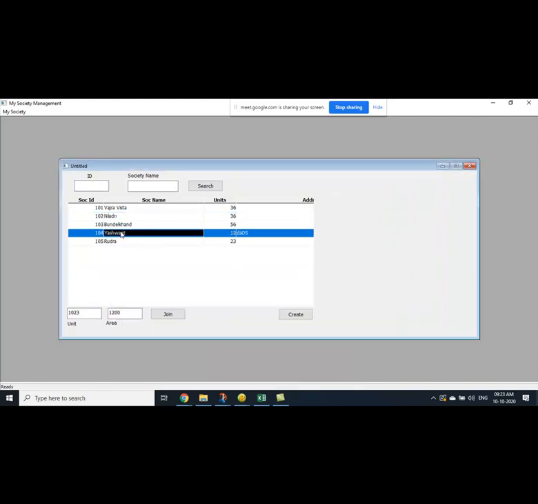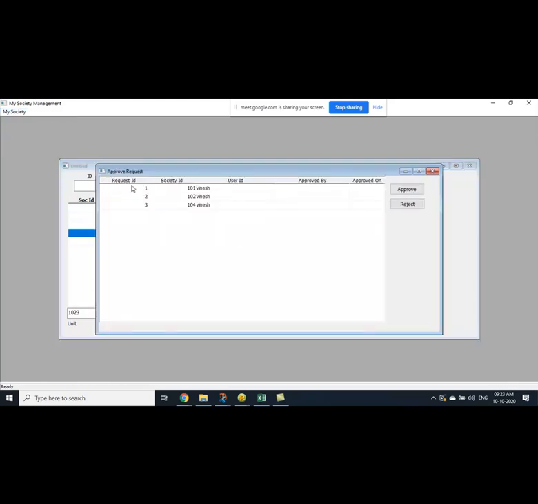Similarly, if I click here and join this one, join, right? So I can go and check here, right? 3 records are created. Okay, perfect. So 3 records have been created. Now what I can do is select one record and approve it, right? Then